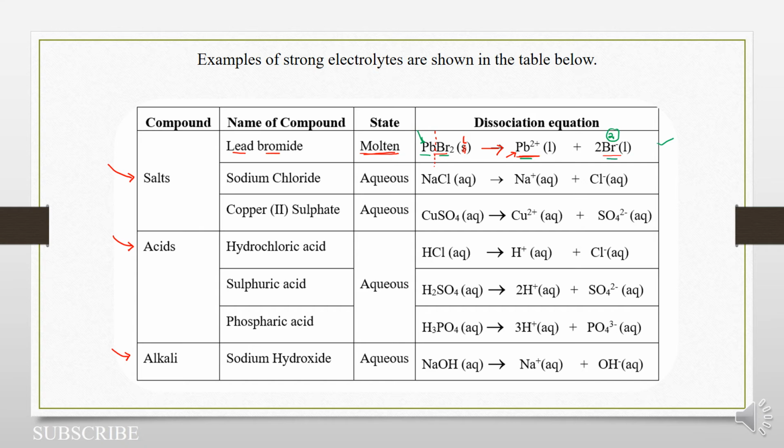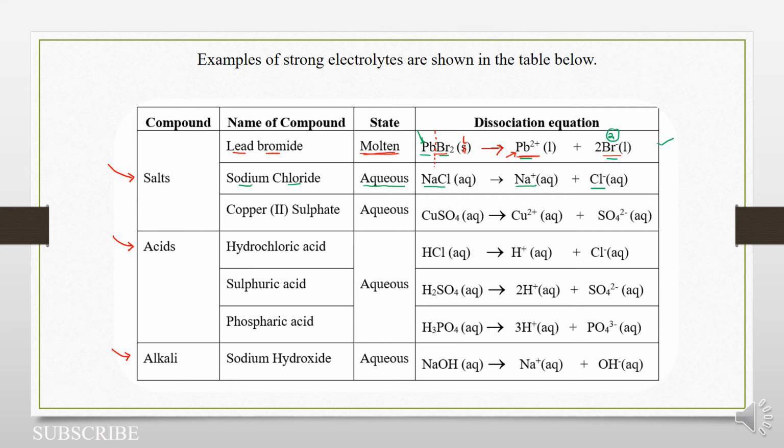Then we also have our common counterpart, sodium chloride, in aqueous form. That is to say, we have dissolved it in water. It will also ionize completely into sodium ions and chloride ions. So you can go back a few minutes in this video and see the definition of a strong electrolyte, a substance which, when in molten or aqueous solution, will ionize or completely dissociate